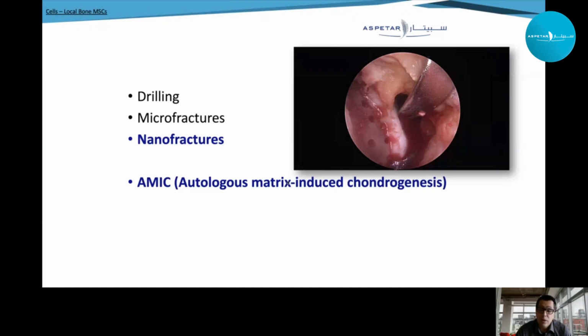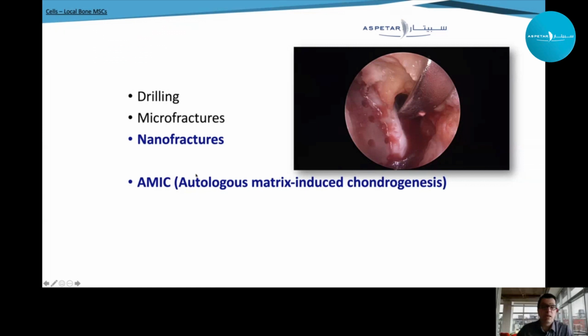The goal and the aim is to get some cells and some blood to create this super clot in the area, which gradually will develop into fibrocartilage. In small lesions, this is excellent, and with the adjustment of